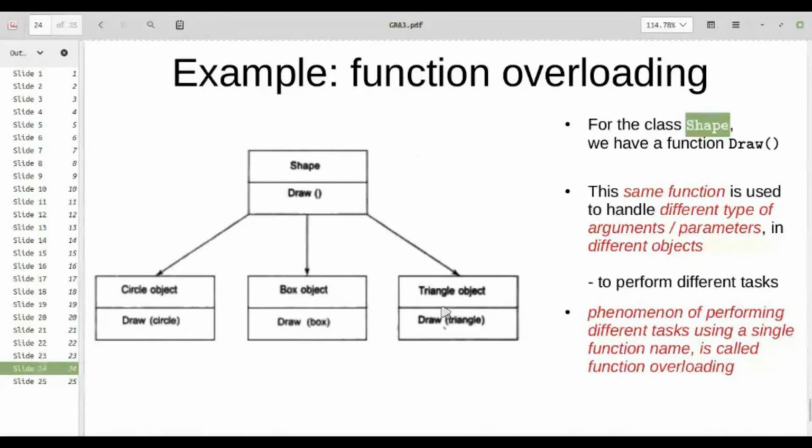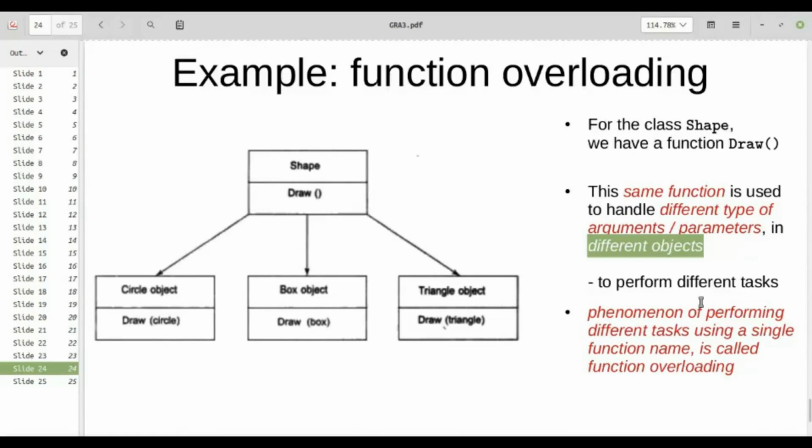So the same function is used to handle different types of parameters or arguments in different objects, right? So we have different objects, and each object is actually utilizing the same function, but the function is behaving differently depending on the data that is passed to it.